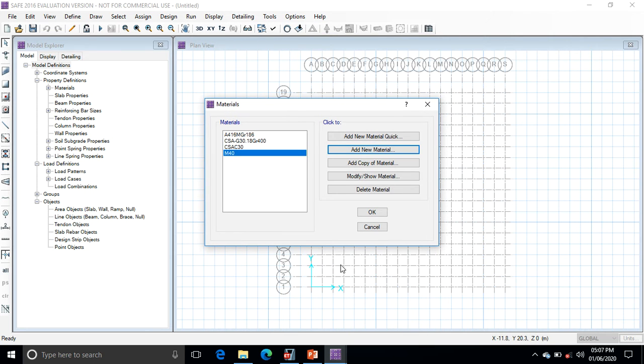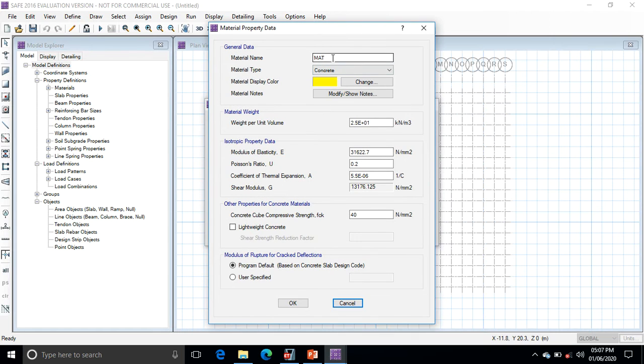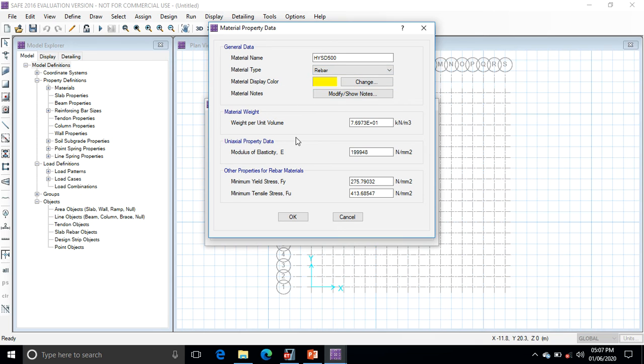Click on OK. Again, add a new material. Give a name. Material name is HYSD 500. Okay. Material type is rebar. Okay. Weight is 77.